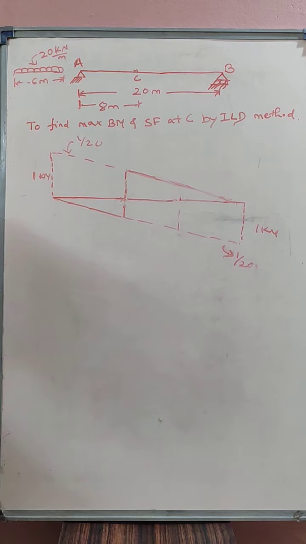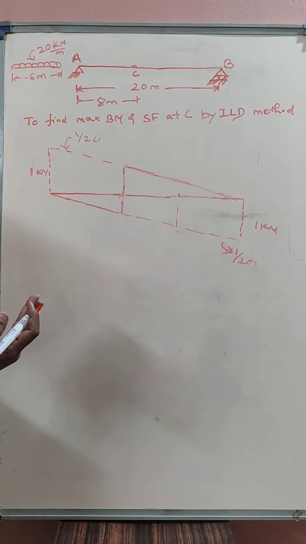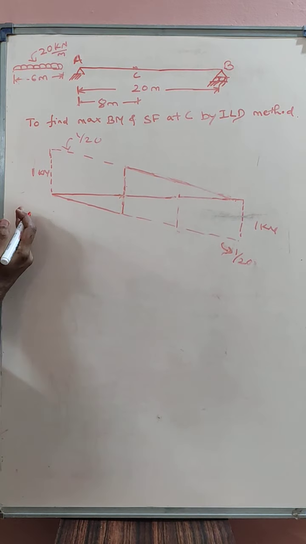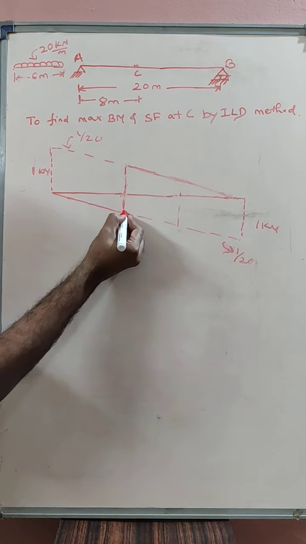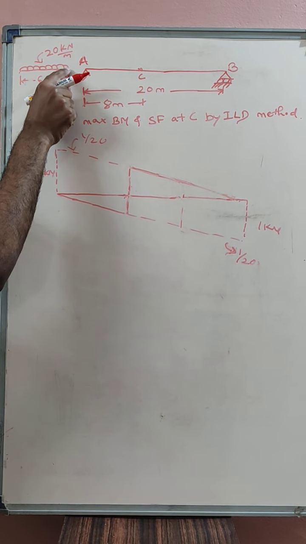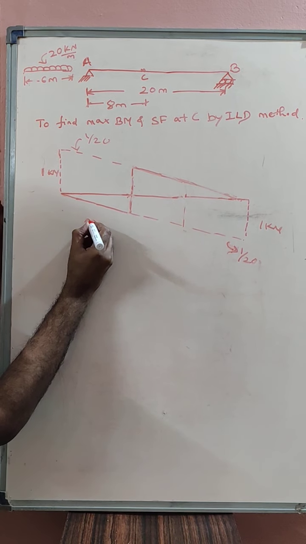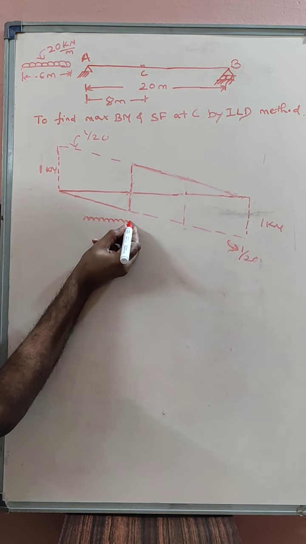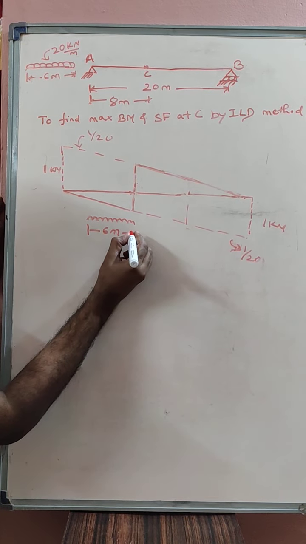Now let us find out the maximum negative shear force at C. So obviously, where do we have to keep the load? We have to keep the entire load in the negative zone, and here we should utilize this ordinate. The simple trick is that we should see to it that the tip occupies section C. That means the load position will be like this. It's very simple. This is 6 meters, so this is the load position.